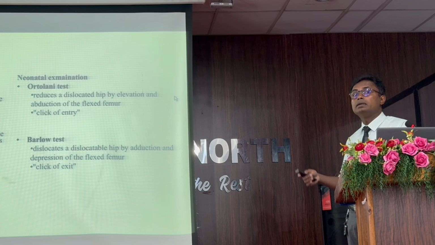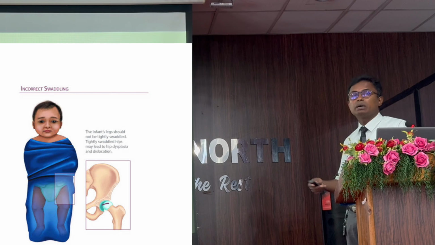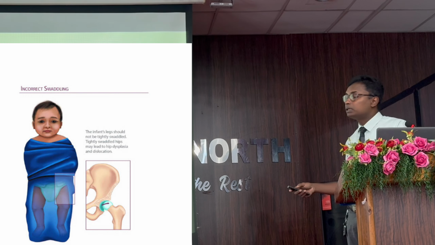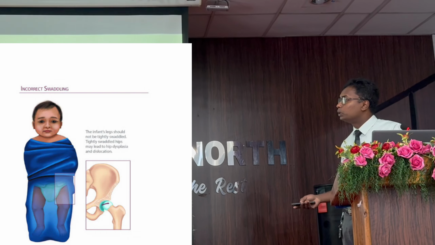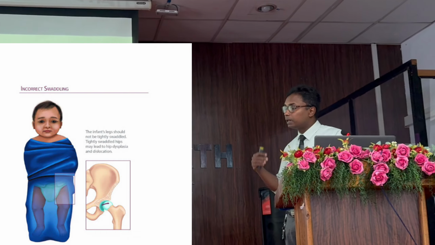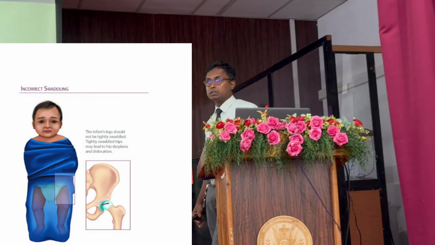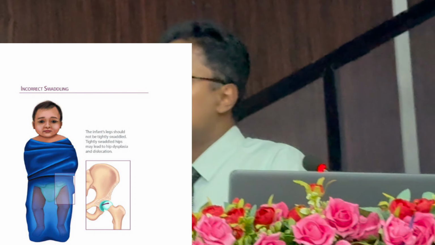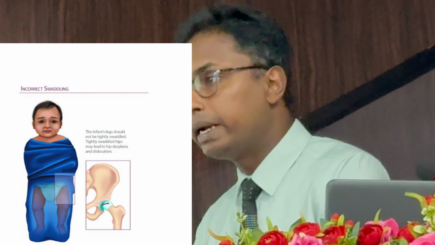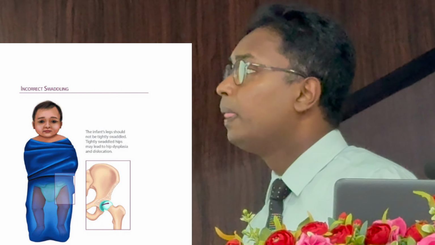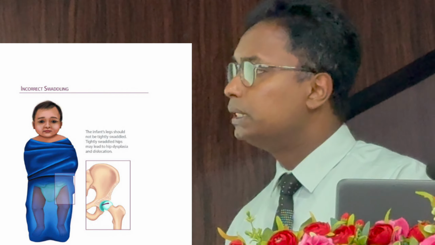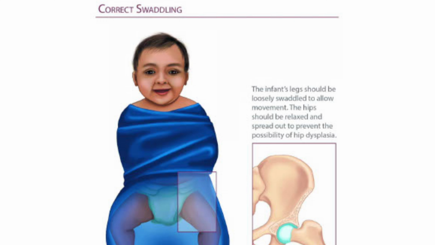This is where they try to wrap up a child in some cultures. We don't do it because of the environmental temperature, but in some parts of the world they do swaddling. That means they wrap the child completely in an adducted position, bilateral hips adducted, completely tied up. Because of that their legs are adducted, so it creates a lot of pressure on the lateral part of the acetabulum. So now the nurses and the midwives in those areas are educating about swaddling